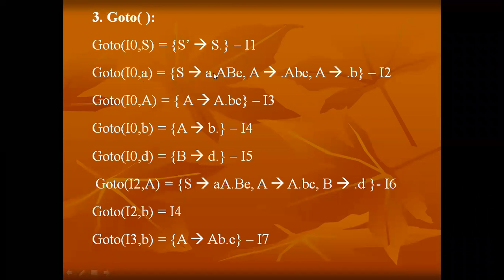And here we have a constraint. For that constraint, if you have a rule like this after processing, that means after the dot it is a non-terminal, then for the corresponding non-terminal, write the productions of that particular variable like this. From where are we taking those? From the I naught, right? And then every rule A tends to dot ABC, A tends to dot B is already in the set of I naught. But here we have an extra production rule, that is S tends to A dot ABE.